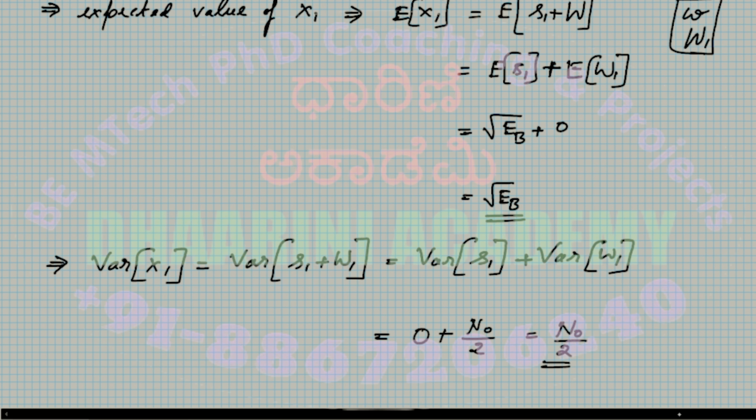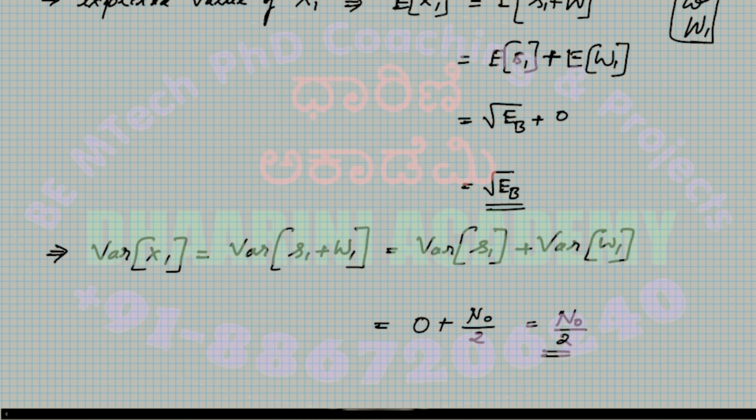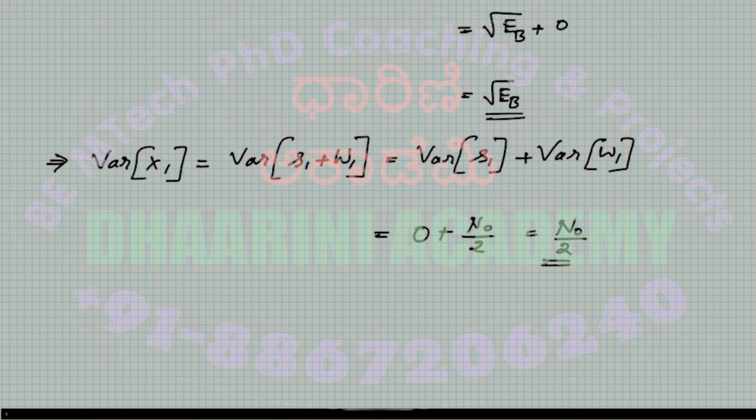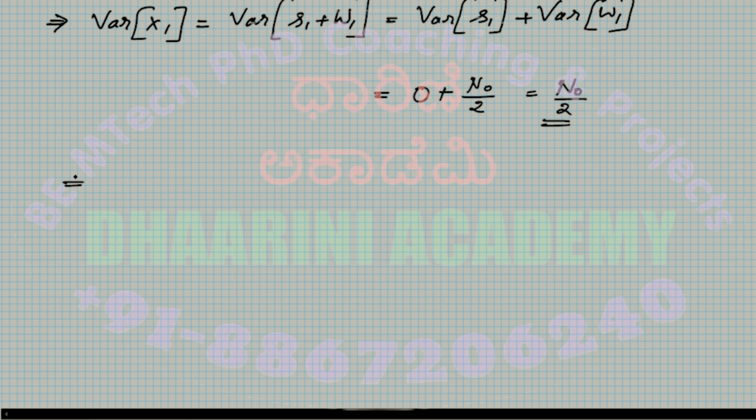So let's try to write that. We'll write it in this way. Therefore, the conditional PDF, probability density function, of x1, given that